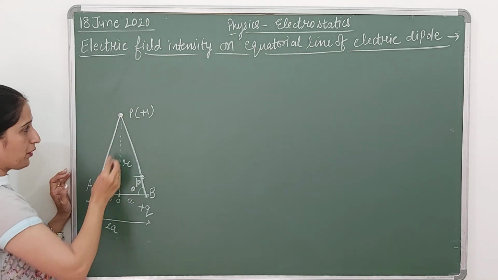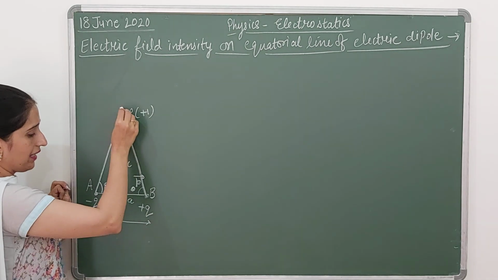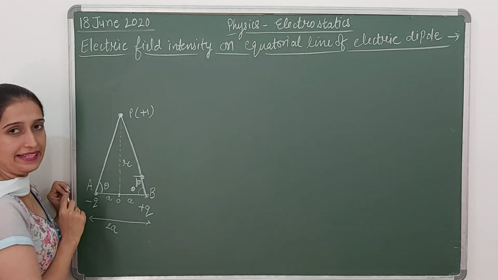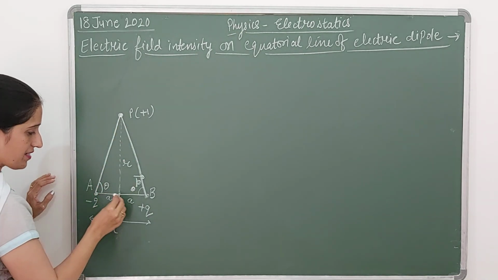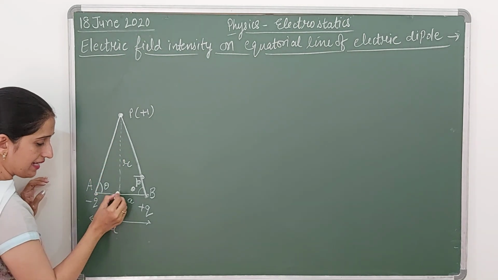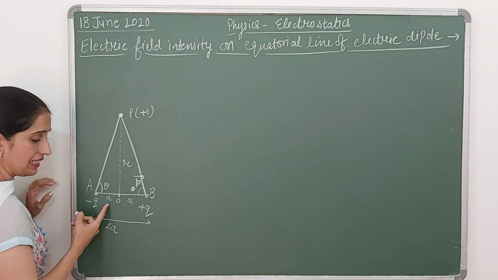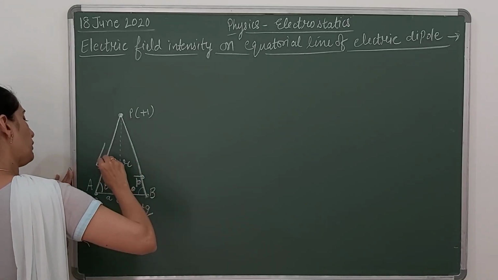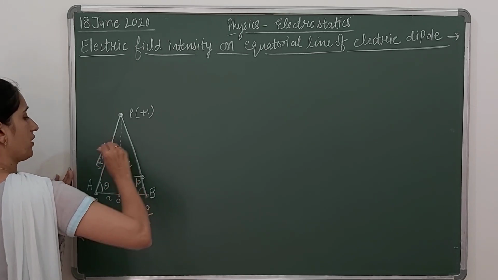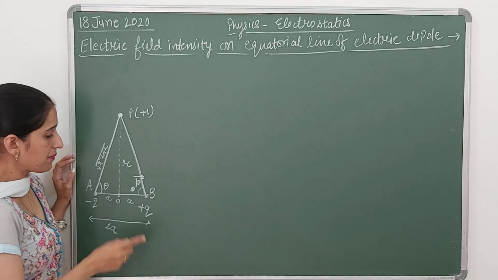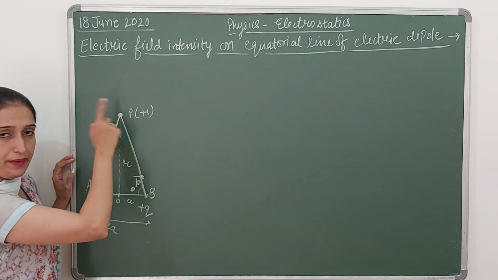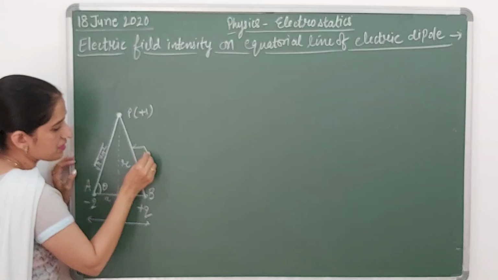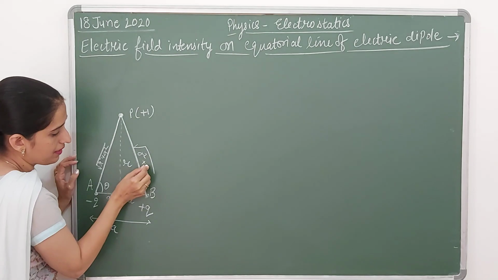Suppose I am talking about triangle PAO and triangle POB. These are similar triangles as well, right angle triangles. So in this right angle triangle, the base is a and the perpendicular is r. So this distance is under root r square plus a square, using the Pythagoras theorem. Similarly, in this triangle BOP, the base is a and the perpendicular is r. So the hypotenuse will be given by under root r square plus a square.